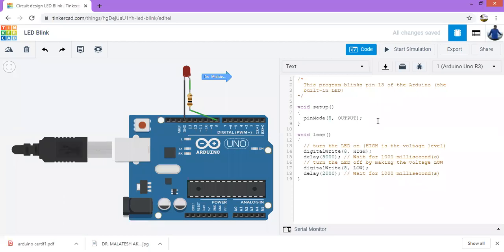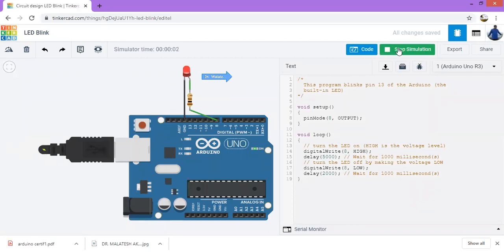Yeah, that's it. Here it is not required to save the program; whatever changes we do, it will be saved automatically. But in the IDE on the laptop, once we download and work on the laptop, we have to save it, whatever changes we do, as I showed in the beginning, then compile it, then upload. But here there is no need of saving the program. In the beginning only, that is enough. Now I'll go for the start simulation.